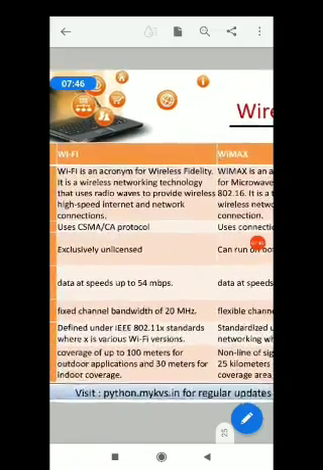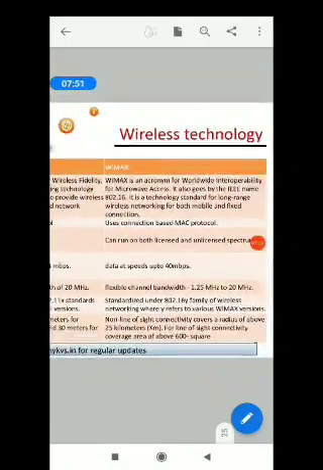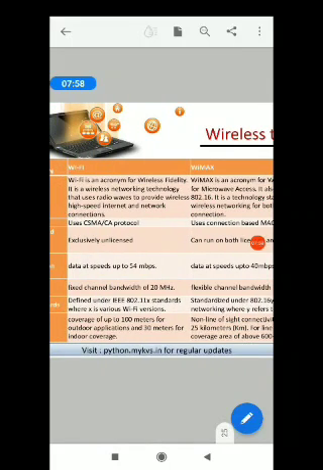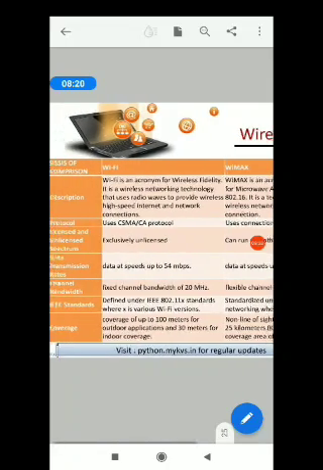Wi-Fi, the full form is wireless fidelity, whereas WiMAX, the full form is worldwide interoperability for microwave access. Wi-Fi works with wireless high-speed internet and network connection, whereas WiMAX goes with the IEEE 802.16 version. It is a technology for long-range wireless networking for both mobile and fixed connections.